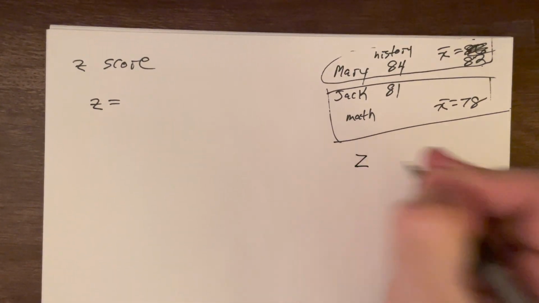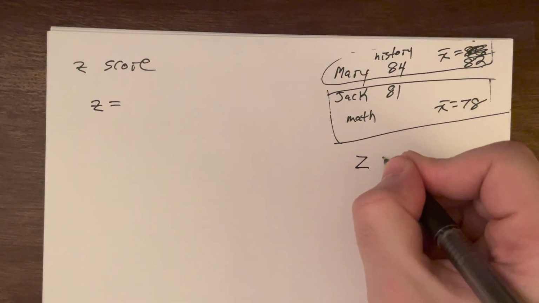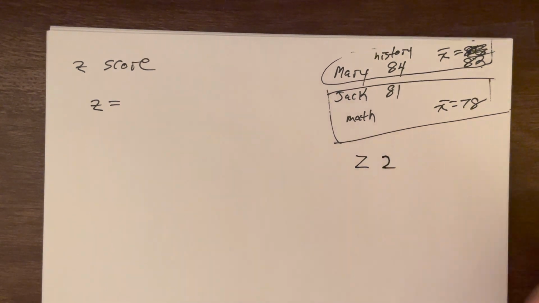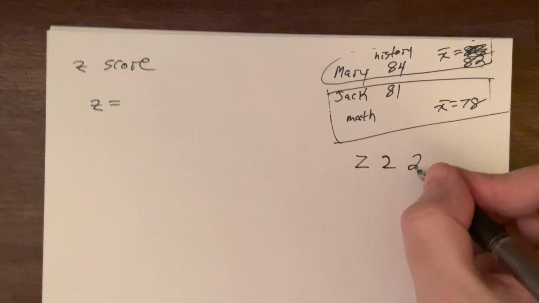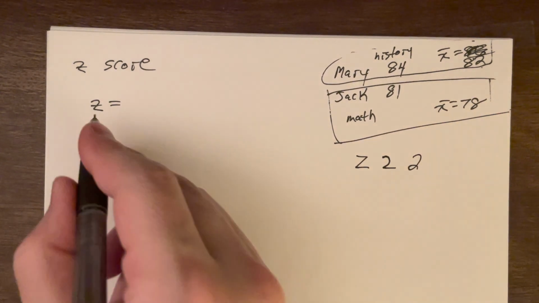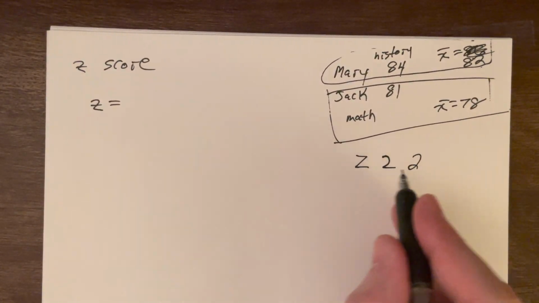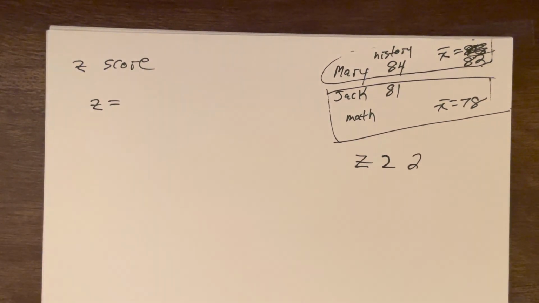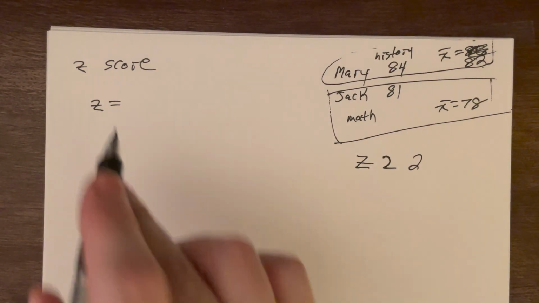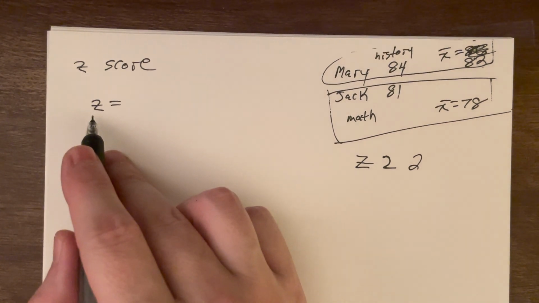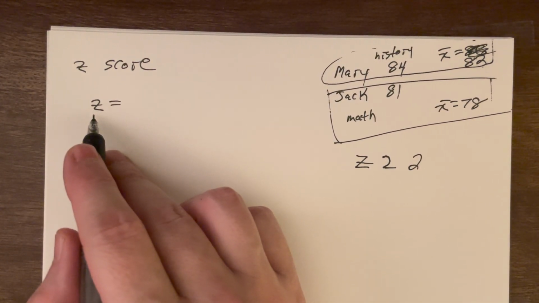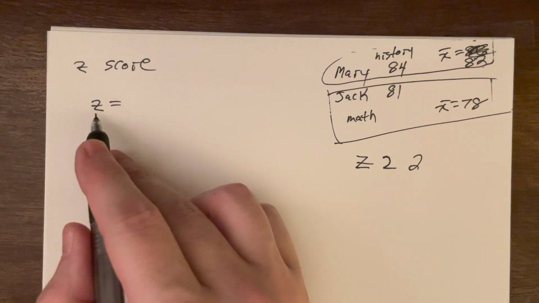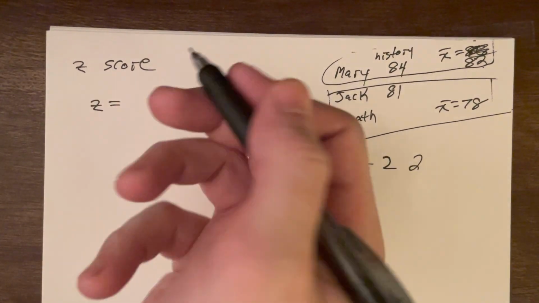I make a print z like that, but for some people that looks similar to their print 2. I put a tail on my 2, so it's not as difficult, but even though my z looks pretty different than my 2, I still like that little slash through just to really highlight it's a z and not a 2. But that's entirely your choice. Don't worry too much about that. But the formula, our book describes the formula. I wish they gave us the symbols, and I'll do that here.